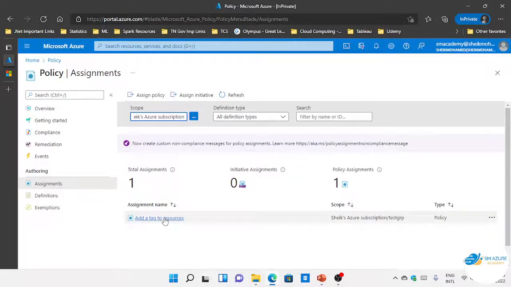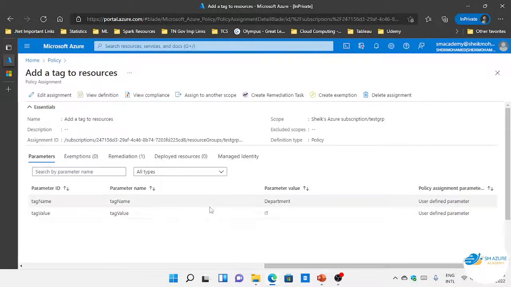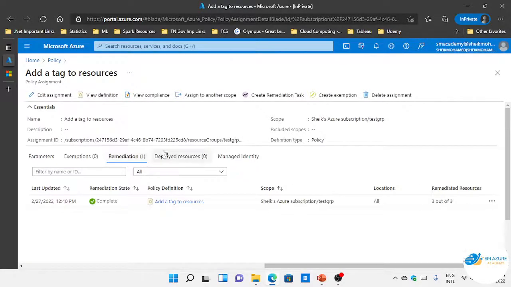If I click on the add a tag to resources assignment, which I already have, you can see you can create a remediation task to enforce this policy across your subscription and resource groups. I already created a remediation task when I assigned this policy to a specific scope. Here I had a remediation task which was already completed. If I click on that